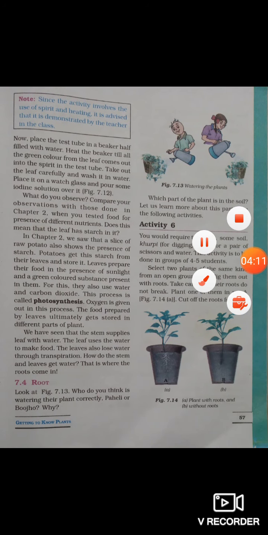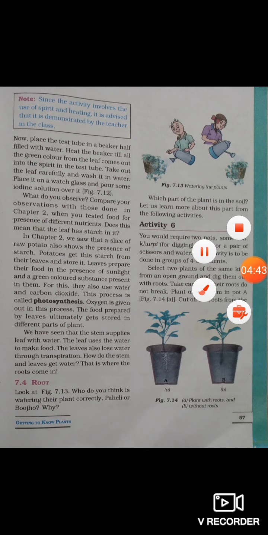So green leaves make the plant's food by the process of photosynthesis using carbon dioxide and water in the presence of sunlight. This is photosynthesis. Leaves give out excess water in the form of vapor through the process of transpiration. We will study photosynthesis and transpiration in detail now. So plants prepare food by the process of photosynthesis, and photosynthesis occurs in the leaves of the plant.